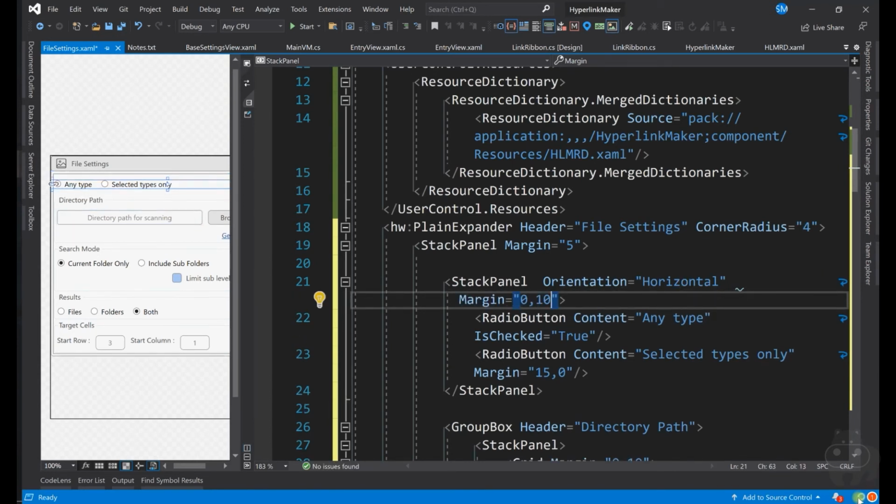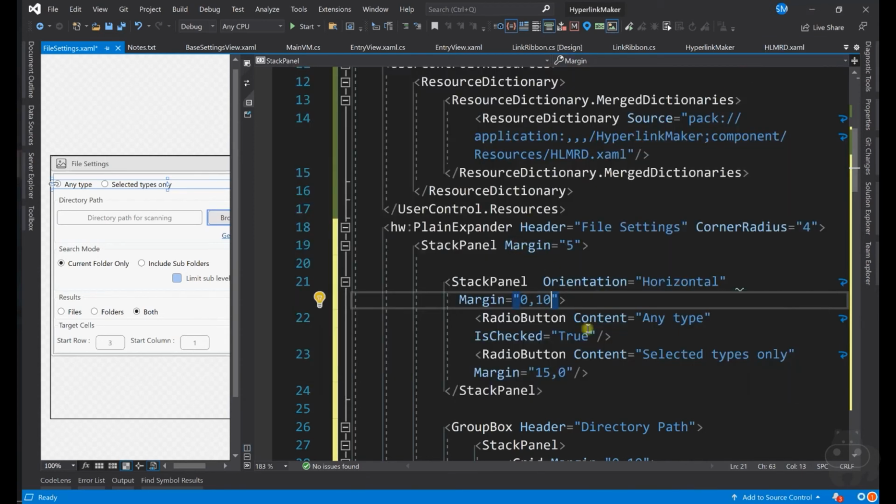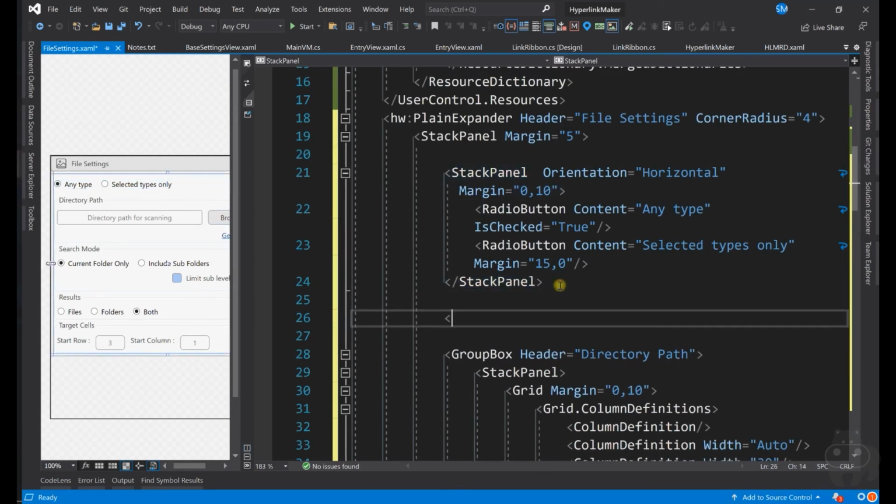So that's fine. You have that, and then next one is you have like a horizontal stack panel with horizontal orientation where you have 1 2 3, or you can call it as a grid with the column 1 2 3. Let's go with grid because we have a text box. When you start with a stack panel, the text box might not expand, so let's go with the grid. So the next one is a grid.